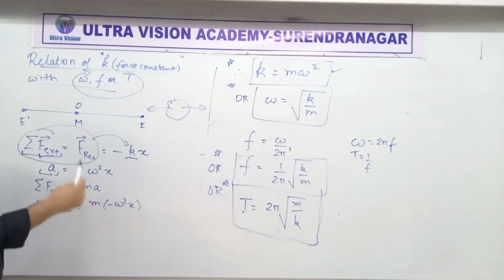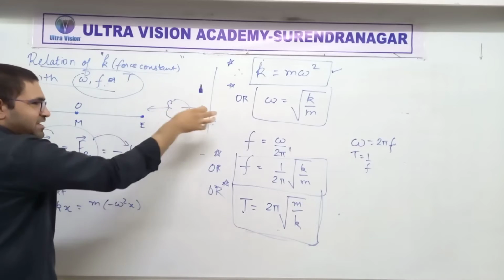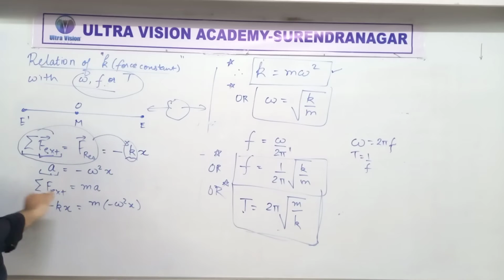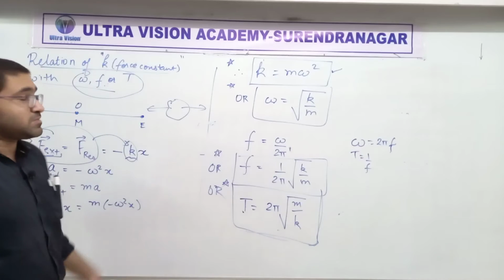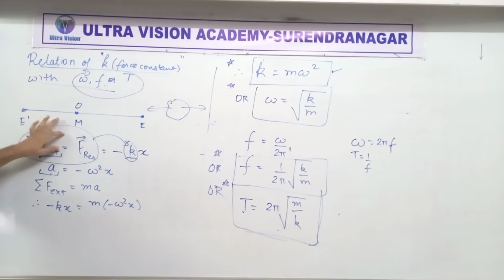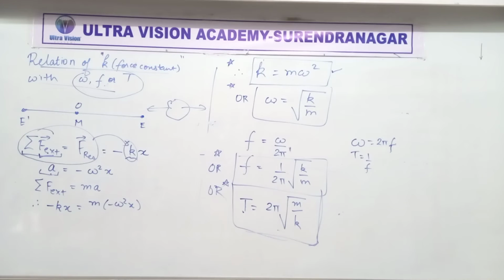So often we get questions like that there is some particle or some body which is oscillating like this, doing simple harmonic motion, and we have to find its force constant, or we have to find frequency and time period. So you can do that if you connect it this way. First draw FBD, from FBD you can find this, and then you can find all this. Fine. Now let's go to the next thing. I'm erasing it. I hope everyone has noted it down.